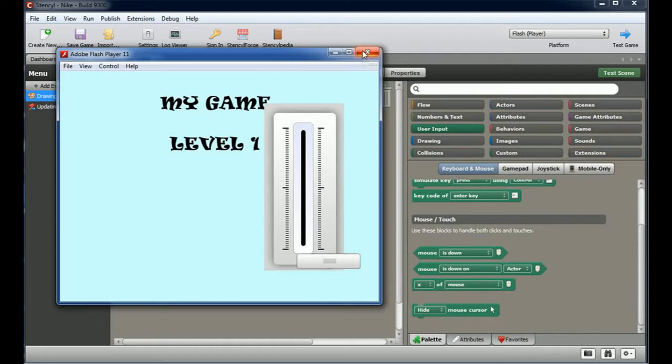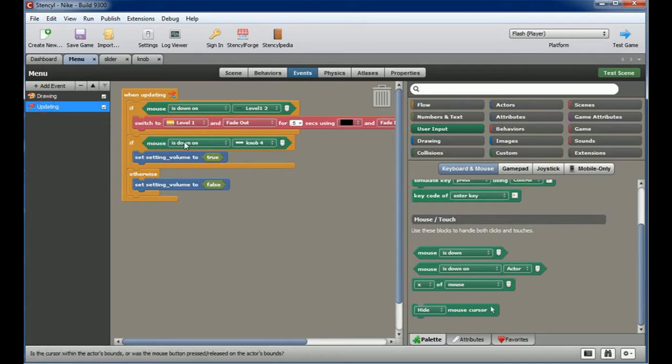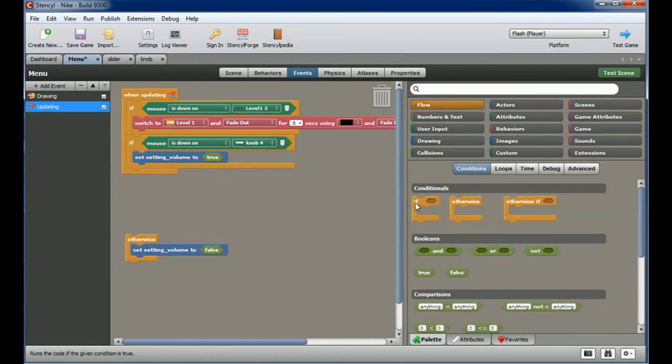So what we want to do, so let me show you. So in updating here, if the mouse is down on the knob, set this to true, otherwise set it to false. So it's coming into this otherwise knob. So let's get rid of this. What we want to do is if we've let go of the mouse, then set it to false, not in the otherwise case. So let's grab another if statement, and maybe this will make sense once we put it in here. So if we're going to need a couple an and condition,